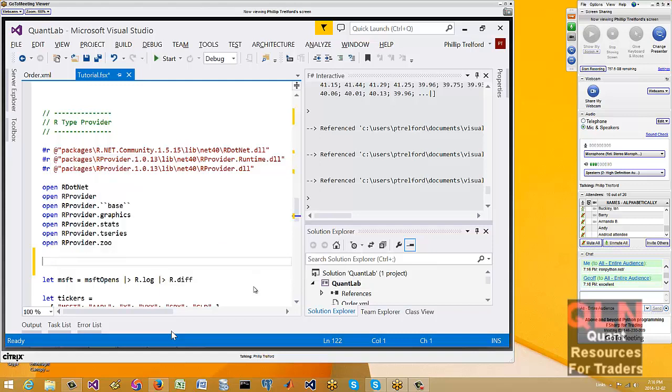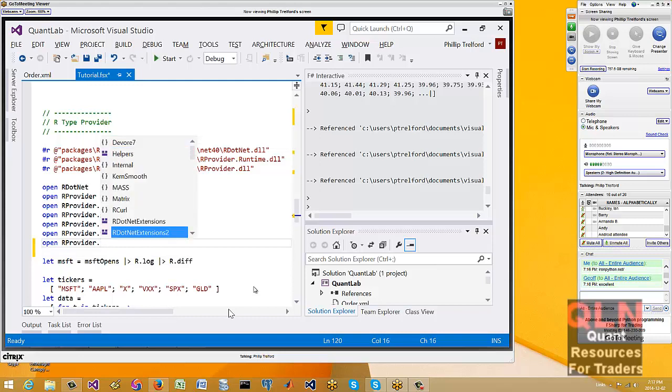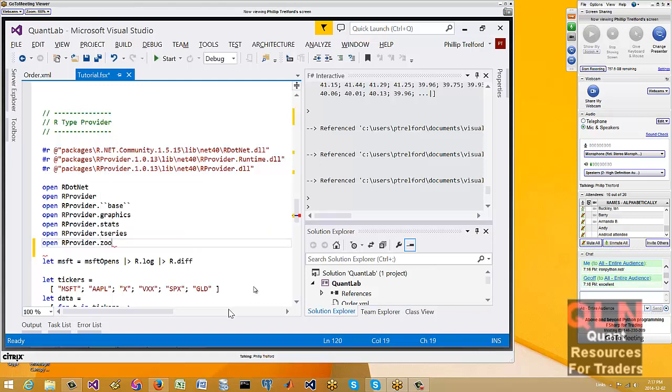And we can interact with R, we can ask it to draw things, we can ask it to calculate something, so we can send information from FSharp to R or retrieve information from R directly. And you can see also all of the packages that you've got loaded in your R session are available for you via IntelliSense. Well, sorry, all the packages you have installed in R.